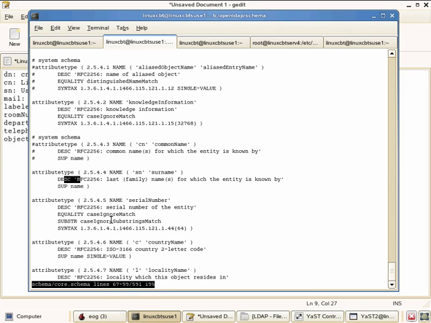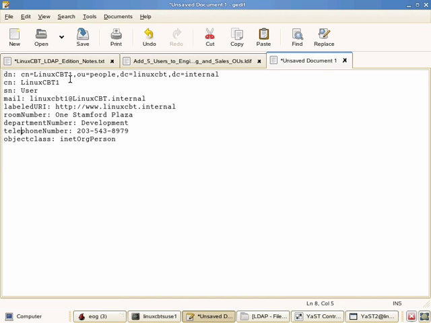As we continue through the document, we see serial number, which we have not used, but may be used for other definitions. Country name, again, we have not used this, and it's simply referenced using C. The short name is the way we reference the attribute, but the long name is an optional way. So for example, if we'd like to assign country name to the user LinuxCBT1, we can define that object. Let me show you how it would be done. We could simply indicate